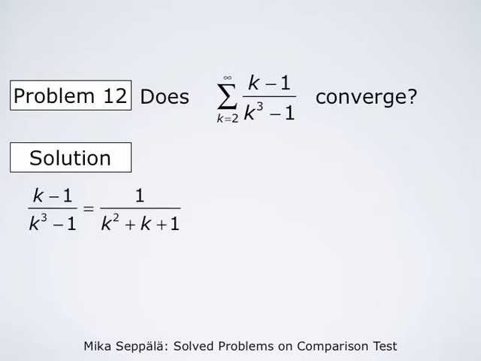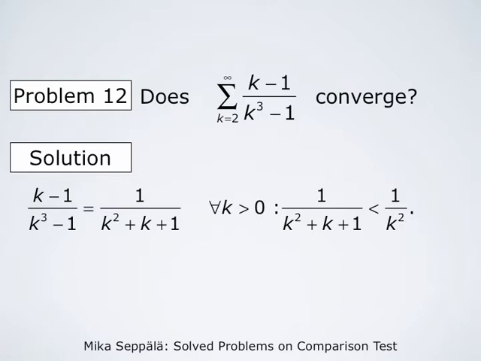We solve this by simplifying. (k minus 1) divided by (k cubed minus 1) is 1 divided by (k squared plus k plus 1). We have simply cancelled out the term k minus 1, which is also a factor in k cubed minus 1. So we have that for all positive values of k, 1 divided by (k squared plus k plus 1)